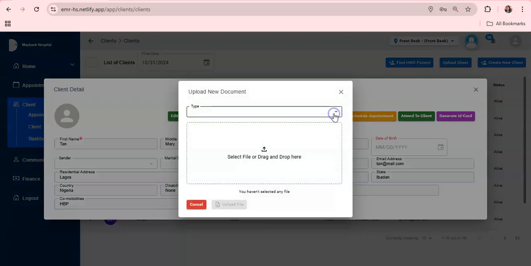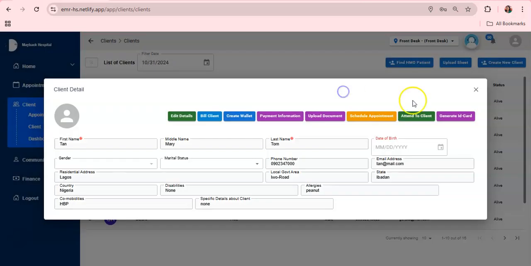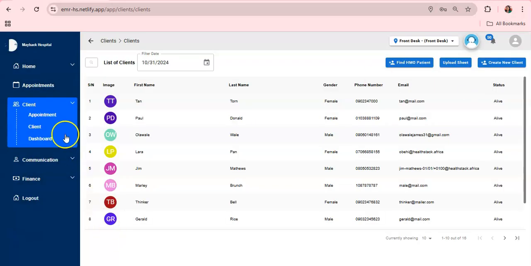Also, you might want to upload documents such as any form of identification or previous medical history using the upload button here to the patient's history, and generate ID. We'll do this in subsequent videos, or schedule appointments. But I would rather show us how we can schedule an appointment using the appointment page here. So if we go to appointment here,